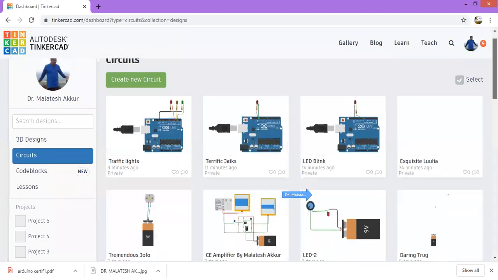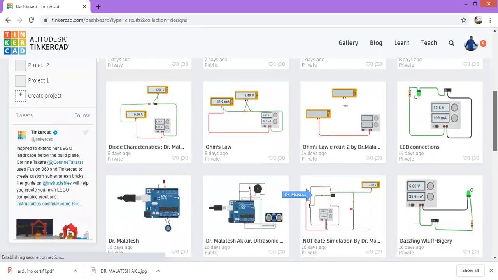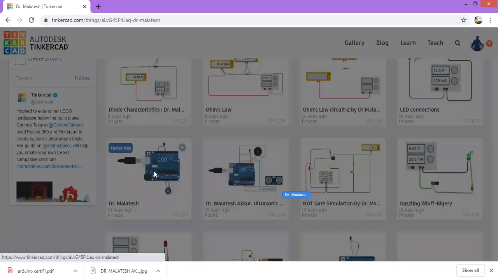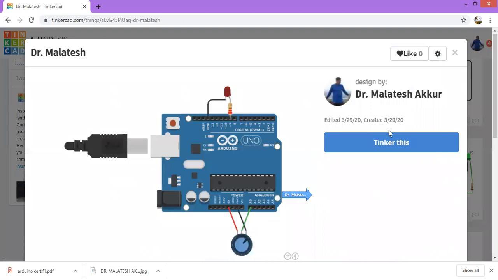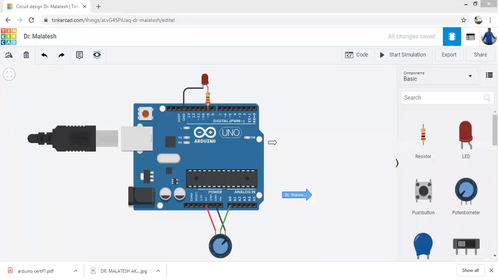Let's see another circuit. This is also the same: the LED and resistor are connected to one of the pins.